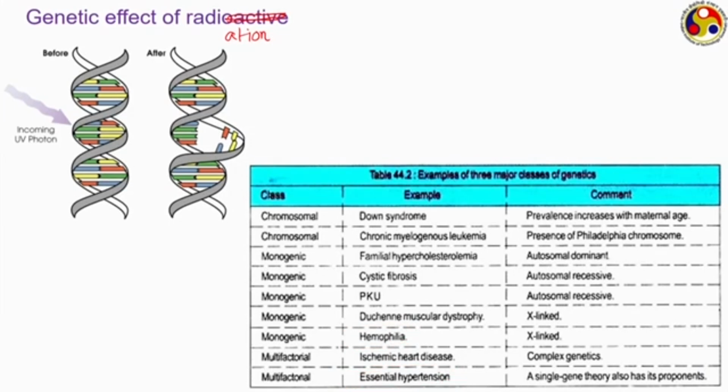There are several models of gene theory available which try to predict this, but still very little is known, and these genetic effects of radiation are more of the stochastic type, that is, long term effects. It is very difficult to understand immediately whether they are going to appear or not. Only by observing over a prolonged period of time shall we be able to ensure that they are going to appear,